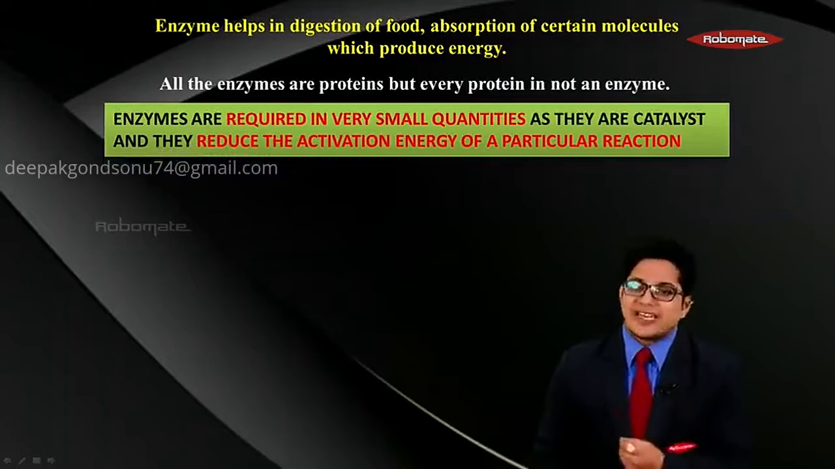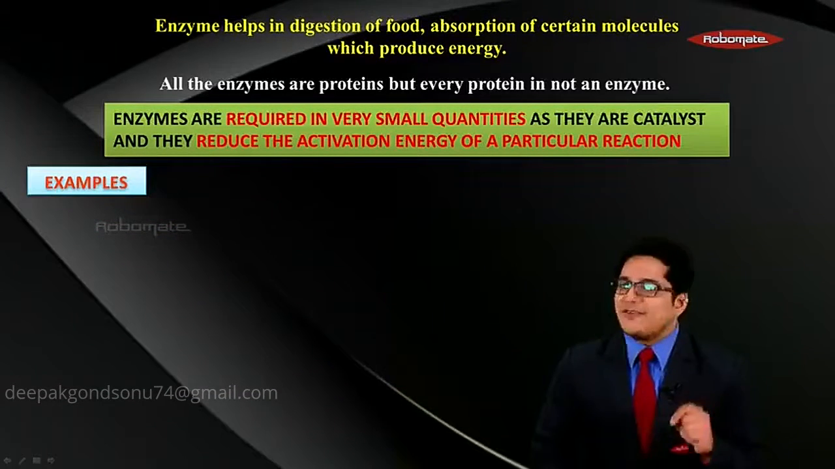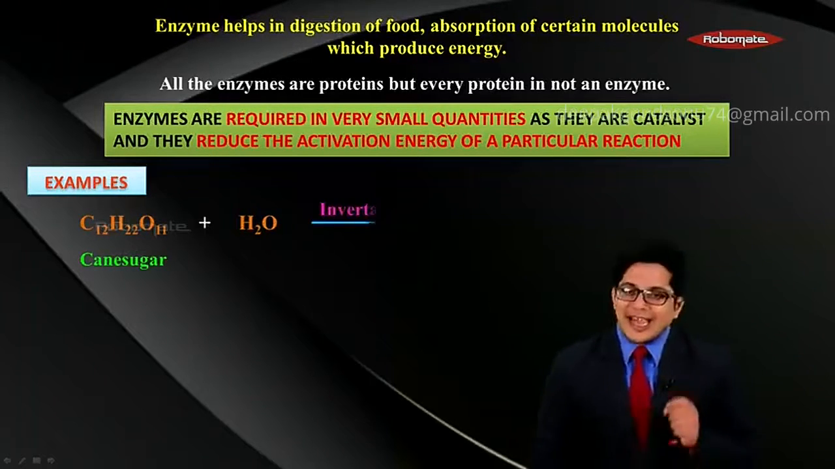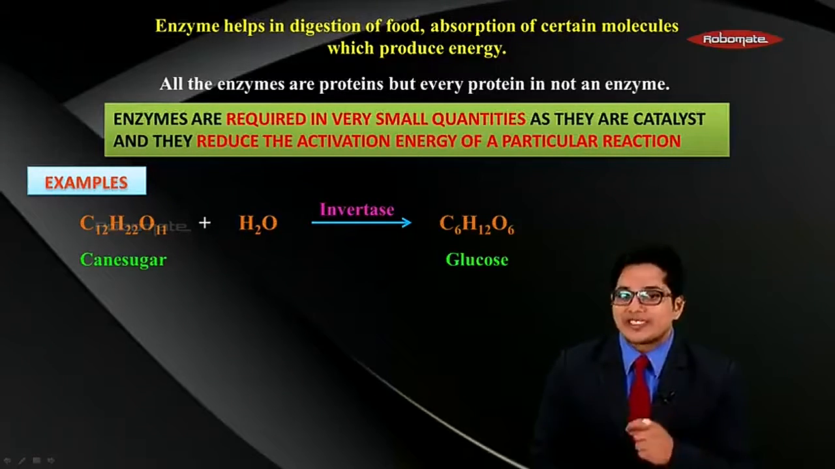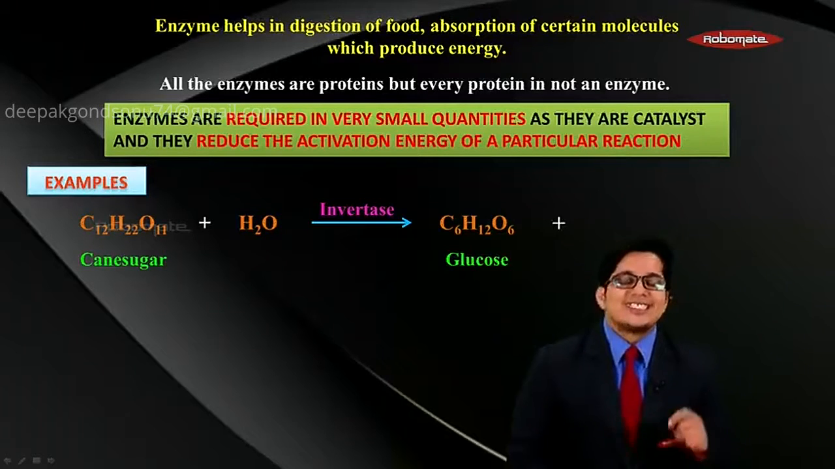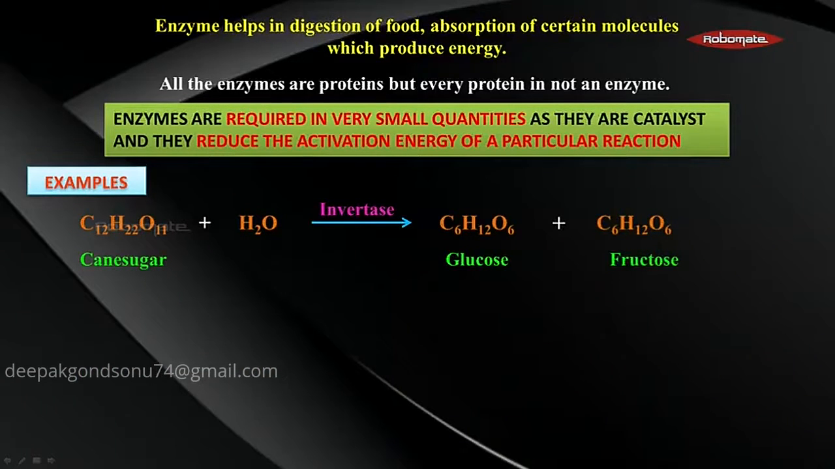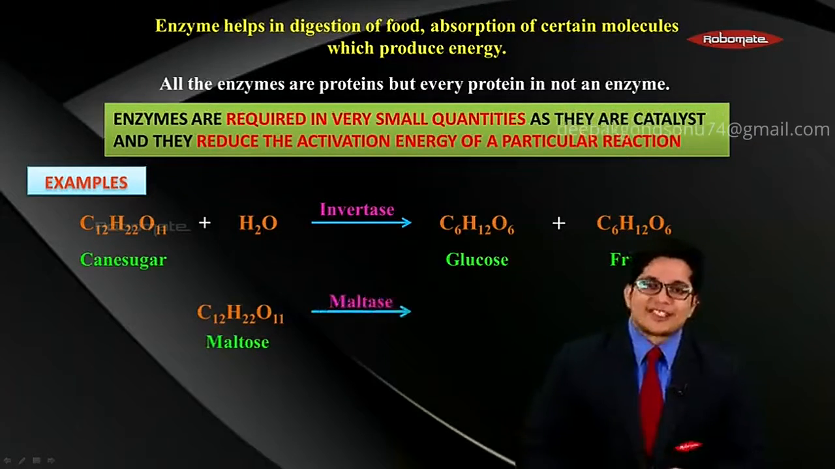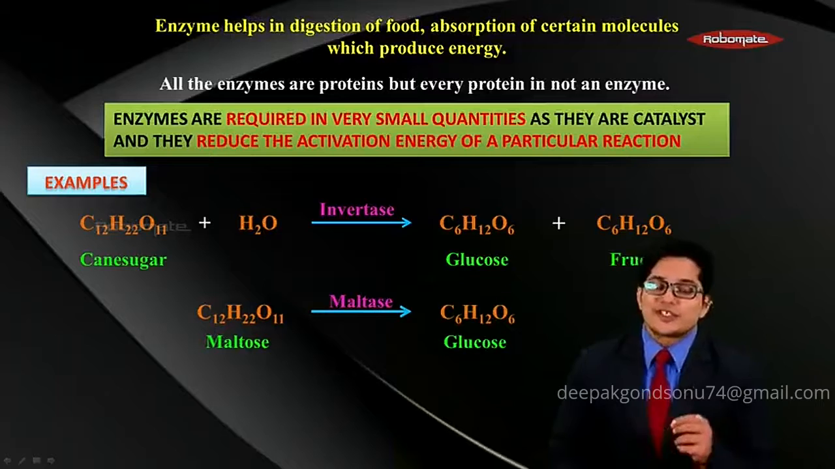Now, let's find out some examples of enzymes in our body. The very first example is cane sugar. In the presence of water, the enzyme invertase converts it into C6H12O6, that is glucose, plus C6H12O6, that is fructose. Also, the next example, C12H22O11, that is maltose, in the presence of the enzyme maltase, gets converted into a glucose sugar, that is